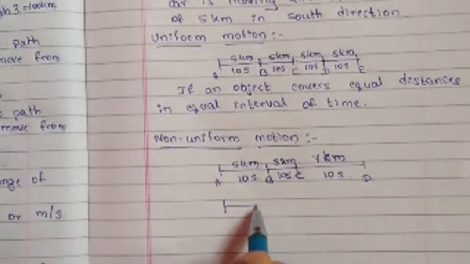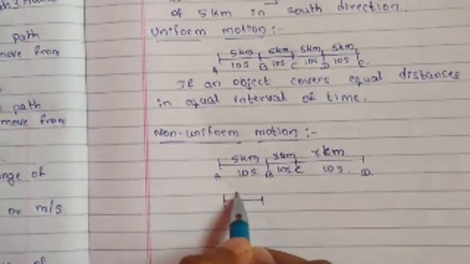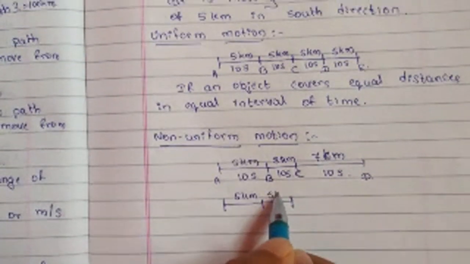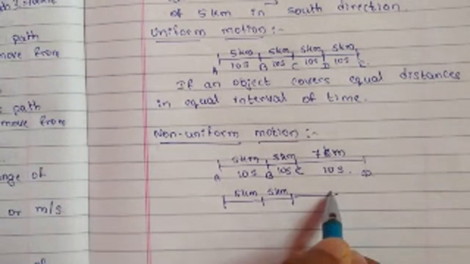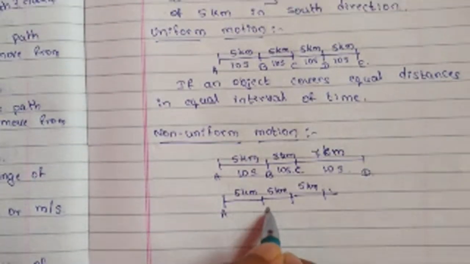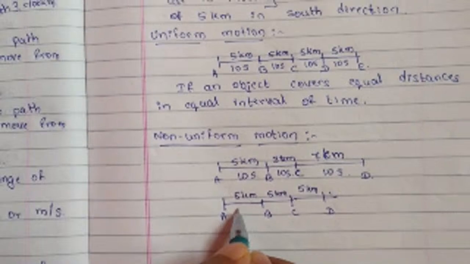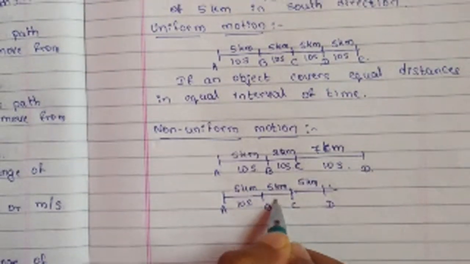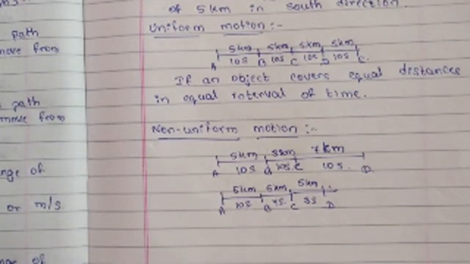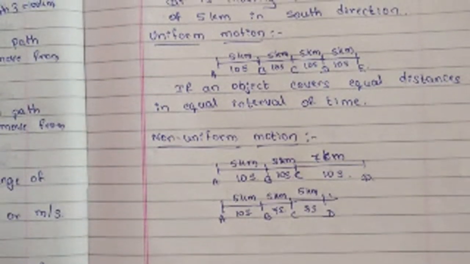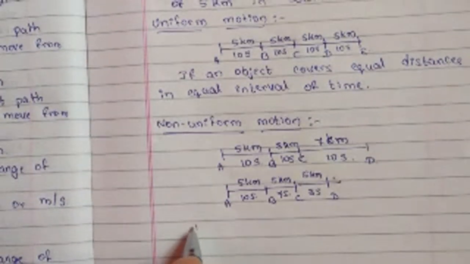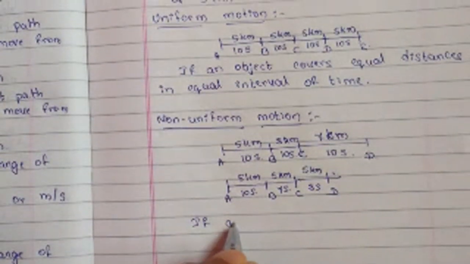Or, for example, this is 5 kilometers, again it travels 5 kilometers, again it travels 5 kilometers. Points A, B, C, D: here it takes 10 seconds, here it takes 7 seconds, here it takes 3 seconds. So here also we have to call this kind of motion non-uniform motion. Therefore, according to the definition, if an object